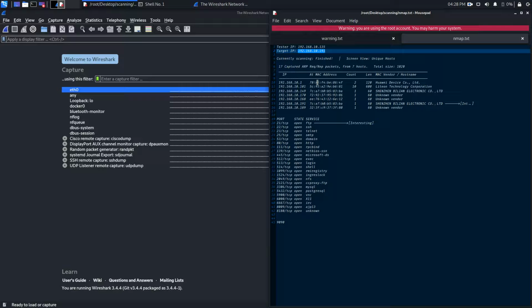Why is this protocol used frequently? Because the source device can be sure that the intended target receives the message, and this is done because of the three-way handshake. I already explained the three-way handshake in the TCP scan video, so you can go and check it out there. But as far as the UDP protocol is concerned, there is no three-way handshake,